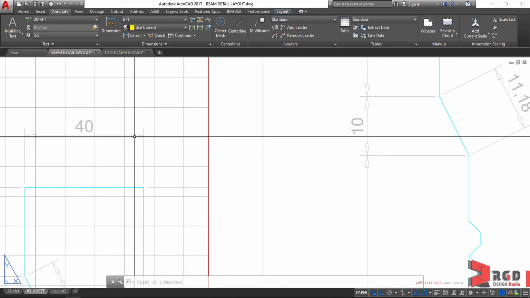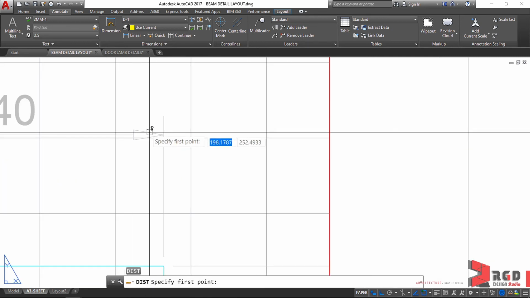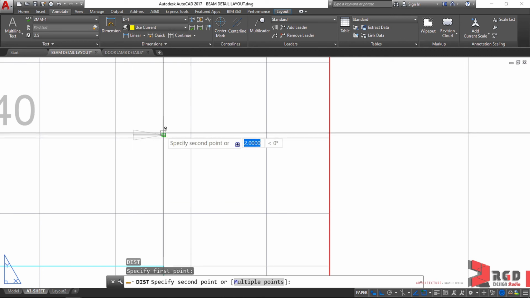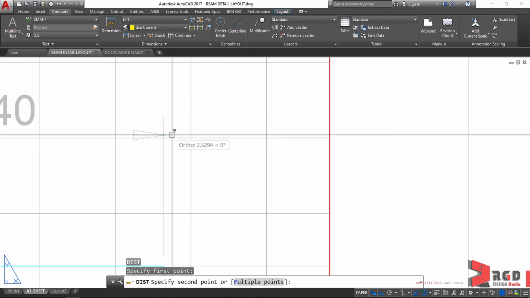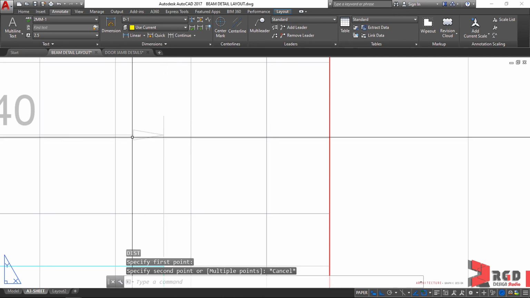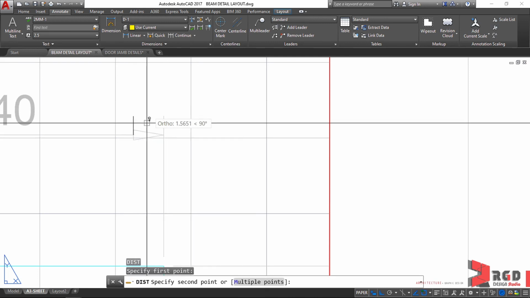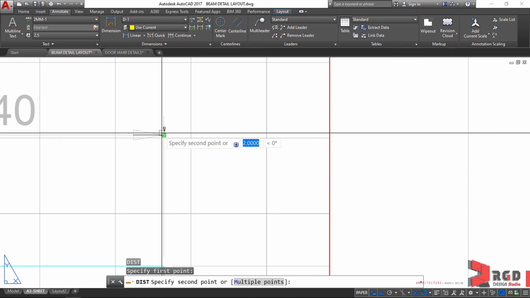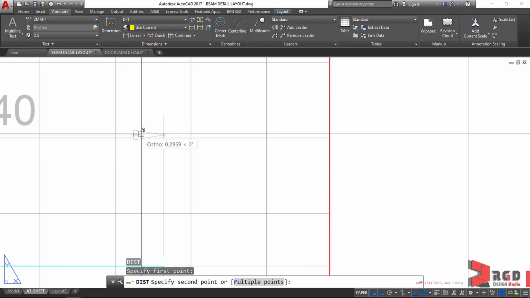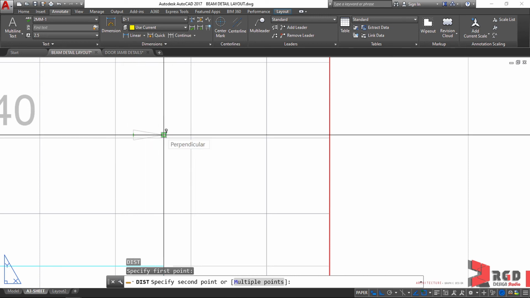Let's try to measure that. So distance from this towards that must be 2 mm. Okay. Take note, when I'm measuring in paper space, I'm not clicking the other side. I just click the first. So DI, enter. Click the first point. So click, and then I will just hover. Okay, without clicking. And there on the tooltip appears the distance.